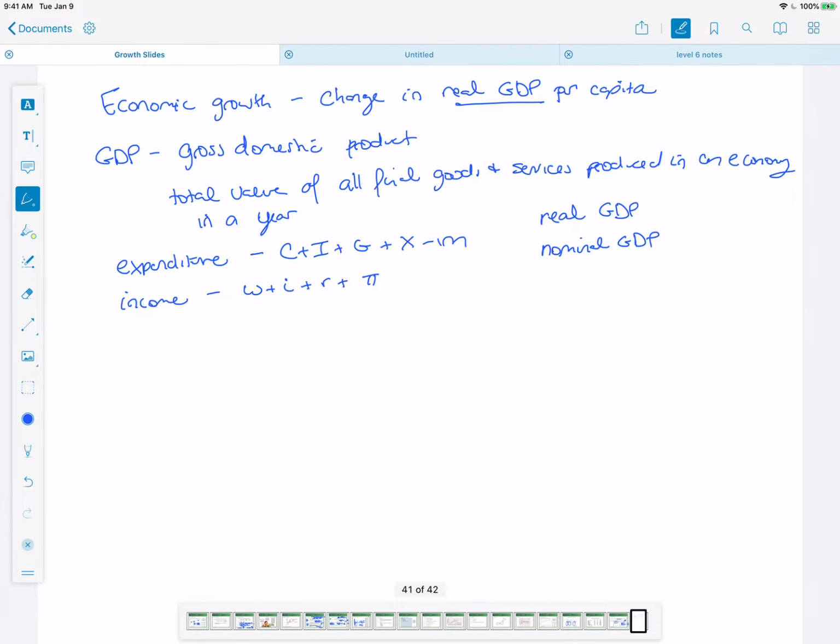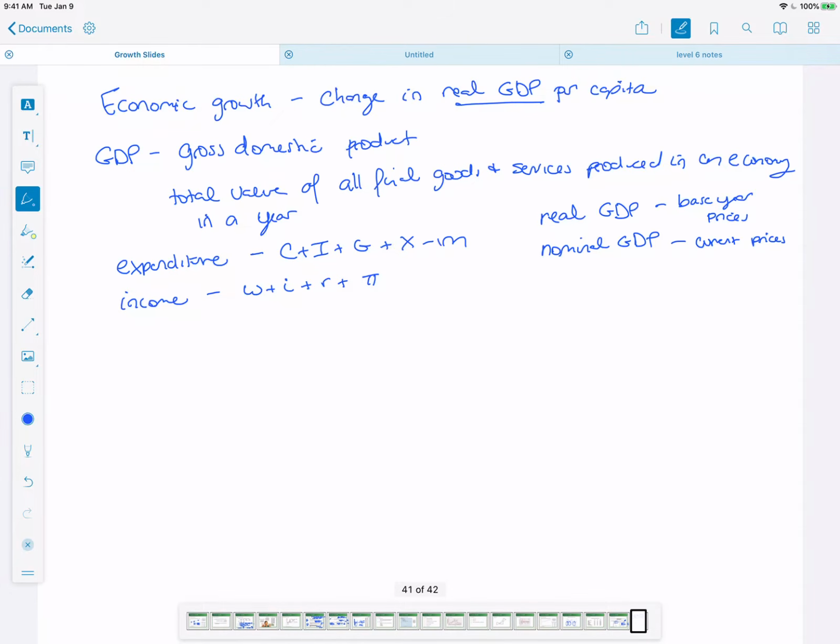The real GDP used base year prices, and nominal GDP used the current or market year prices. So really the difference between real GDP and nominal GDP is just the year of the prices. And we turn it into real GDP, so we take out inflation,